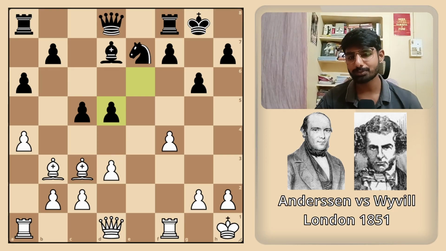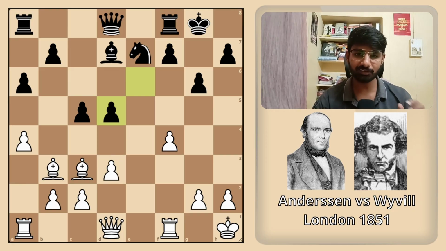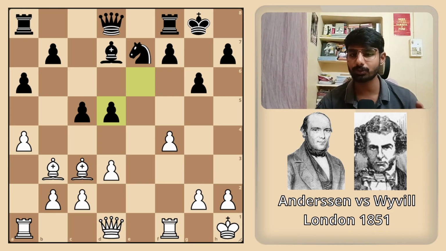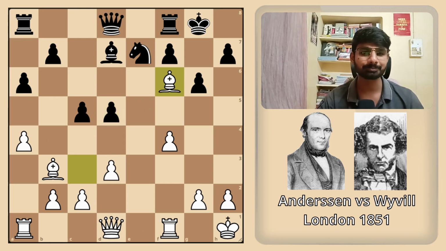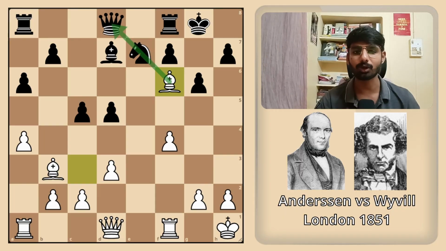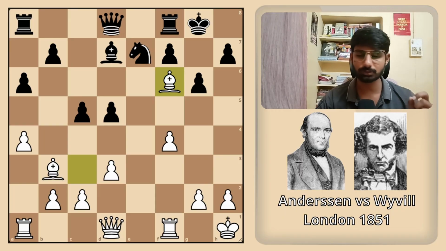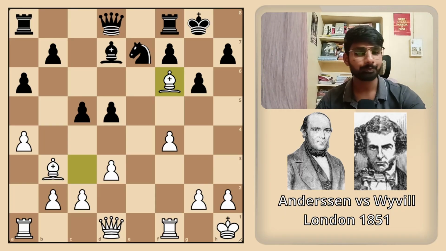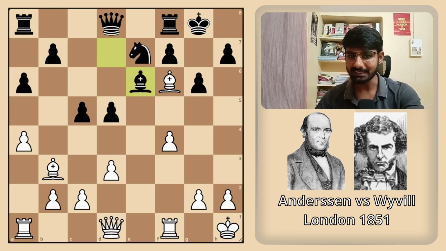Okay, now can you find the best move for White? Yeah. So material-wise, this position is equal, but Black is missing his dark-square bishop, and Black has a lot of dark-square weaknesses. So it's a beautiful move. Bishop 6, pinning this knight and also taking control of the dark squares. So Black played bishop e6.